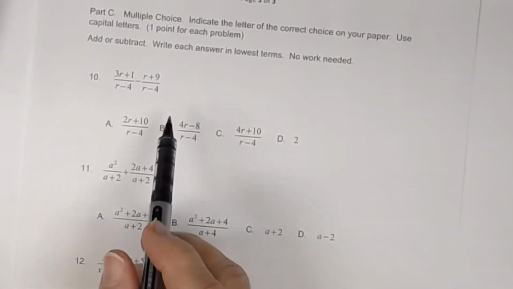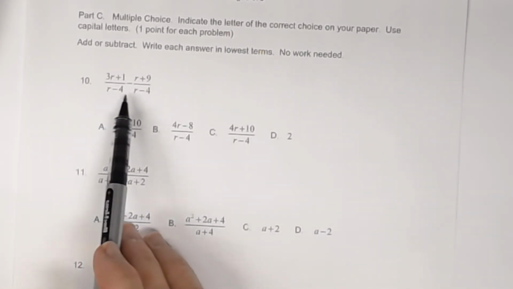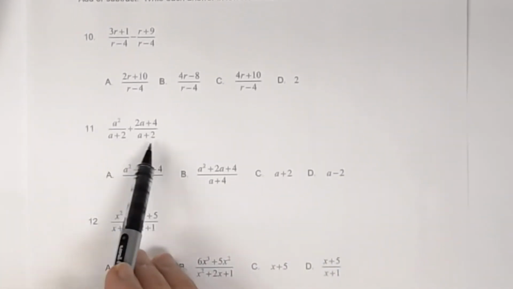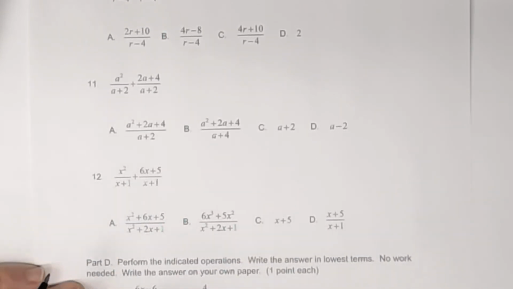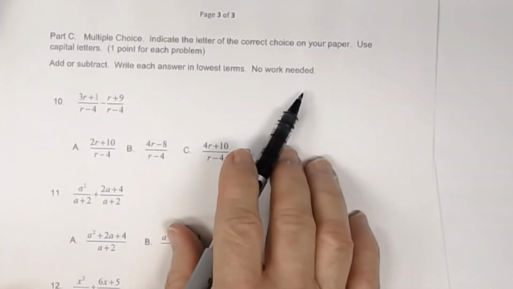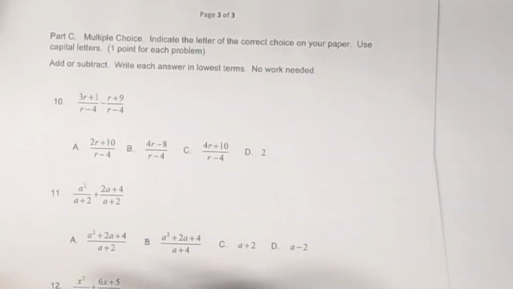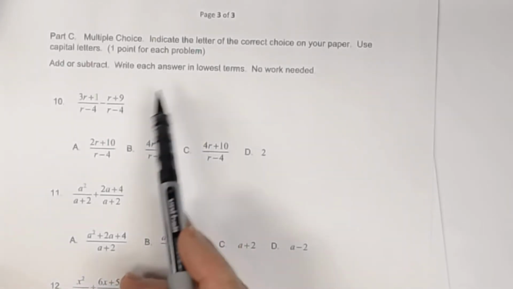Okay, so number 10, you want to add or subtract these rational expressions. Notice in number 10, the denominators are the same. Number 11, the denominators are the same. And number 12, the denominators are the same. So these are the easy kinds to add or subtract. So let's look at number 10. So number 10, I have this. Now, also keep in mind that it does say no work needed, but for some of this, some work is needed because at some point you may need a factor and also note this is subtraction here. So writing things down does help